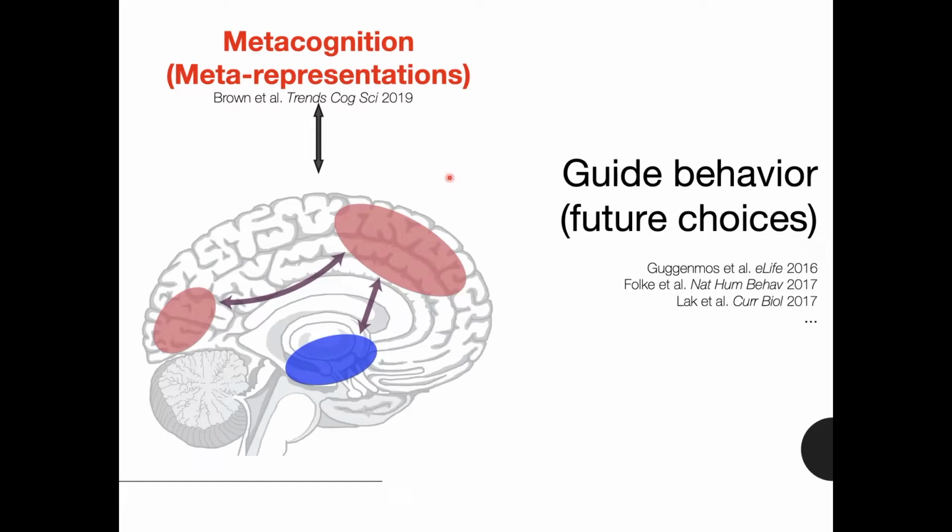So you might have first order perceptual sensory representations, and then you might have a second order, or somewhere higher up in this hierarchy of neural processing, what I would call a meta representation. So a re-representation that could then be really useful for behavior. And we know that metacognition, from a behavioral computational point of view, does guide behavior. It can really help to change or to make even better future choices.